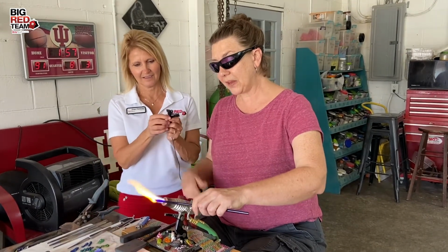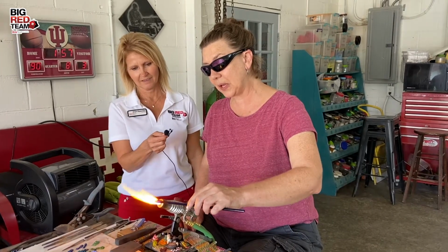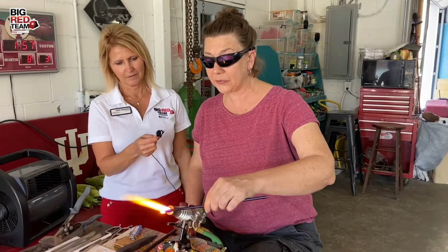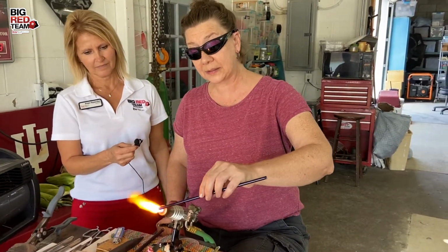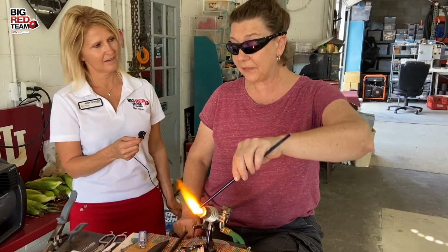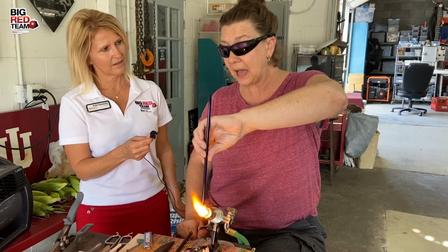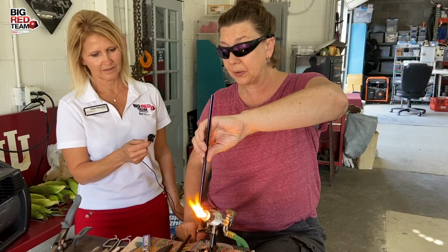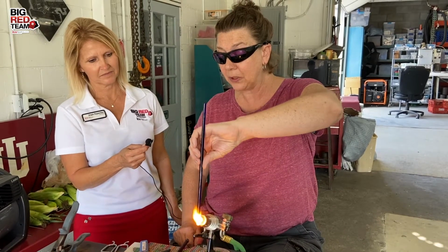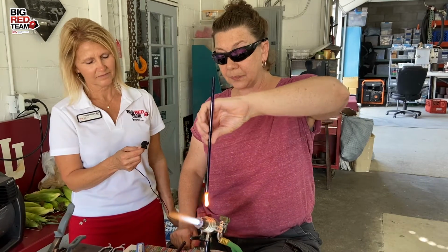The torch is 5,000 degrees, and I need to get the glass up to at least 1,200 degrees before it starts moving. Now, one of the things that I offer here at Zimmerman Art Glass are lessons, and I give mostly beginner lessons. It's $40 for half an hour, and I teach the safety and how to use the tools and how to apply color to glass. It takes about half an hour, and I mostly have kids 12 and up that come and play with me